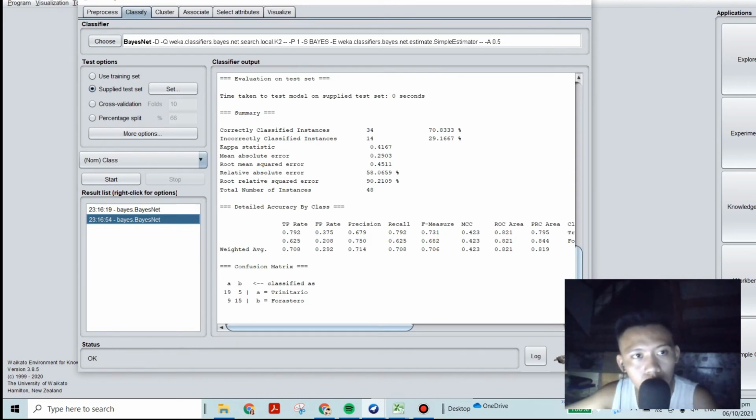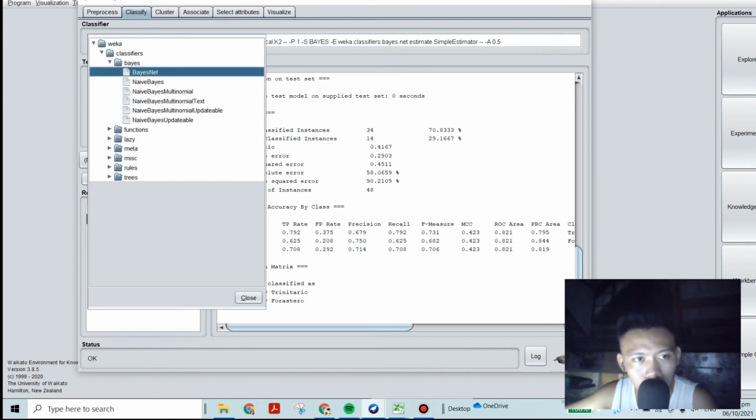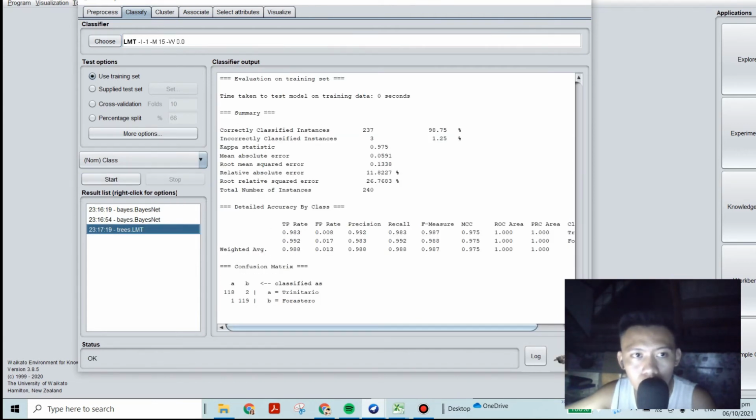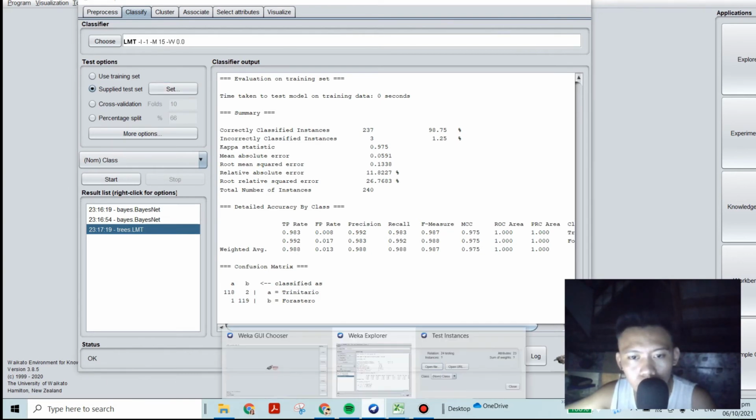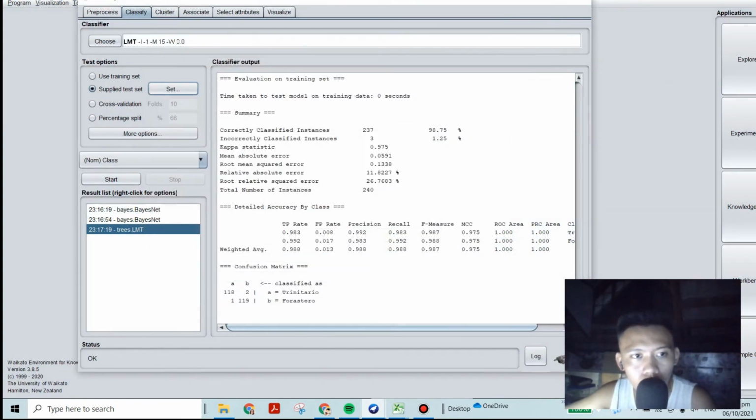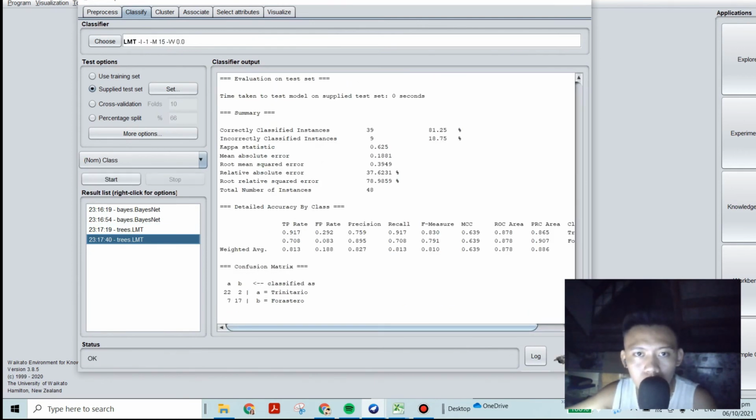in this classifier. I had already tested all of these classifiers, and so far I've got the best result here in trees LMT. If I use this classifier with the training set, we can get 98.75% accuracy. And then if we use the supplied test set, let us open that file. Okay, if you use that one, we only get 81.25%, but